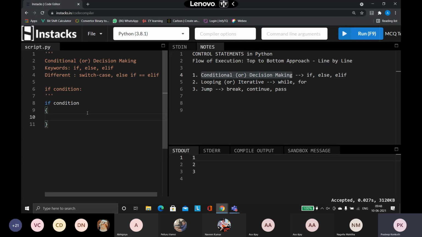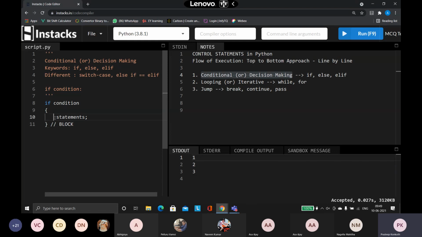Inside this, whatever statements we want to write, we write them here and then close the braces. The purpose of this opening and closing is to create something called a block, that is, a grouping of statements together.